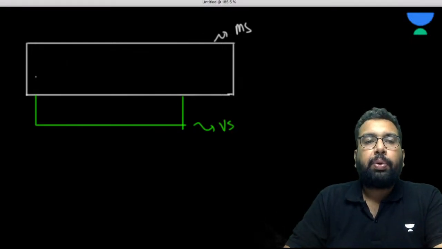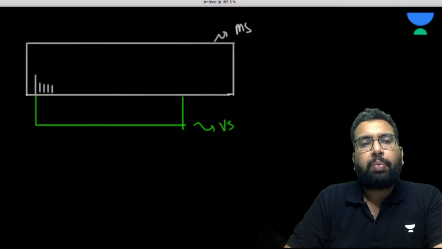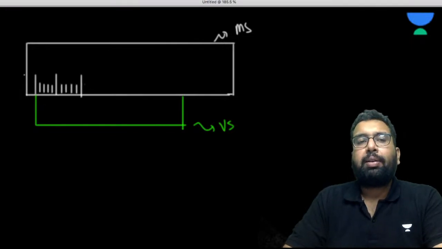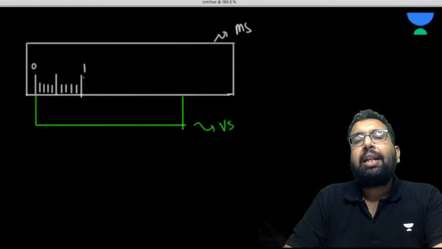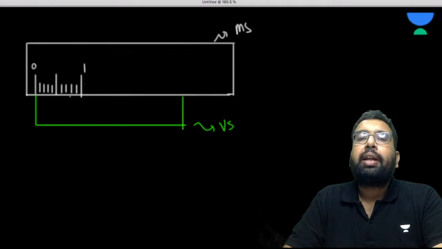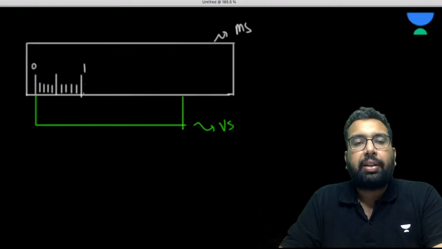Let's suppose that the main scale has divisions. I'm trying to make the divisions here: 1, 2, 3, 4, 5. I'll just stop till this point. So this is 0, this is 1. That means till here the distance is 1 centimeter, because each division,